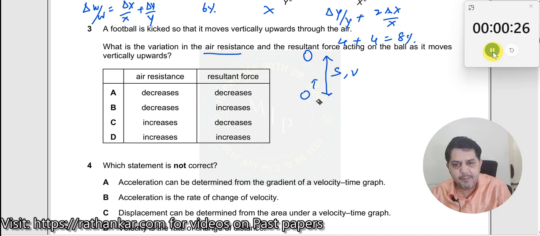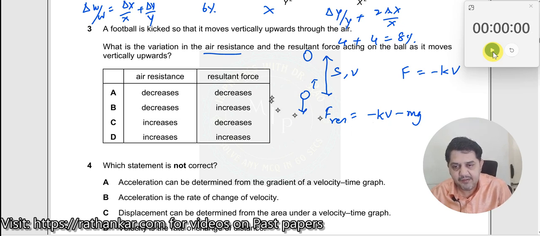Now you see, when the particle is moving upwards, definitely the air resistance, if it is moving slowly, you can write this as equal to minus kV, right? When the velocity increases, the resistive force also increases. It's proportional to velocity. Now that means the resultant force is given by minus kV minus mg. Why minus mg? Because mg is always acting downwards, and as the particle moves, the resistive force also acts